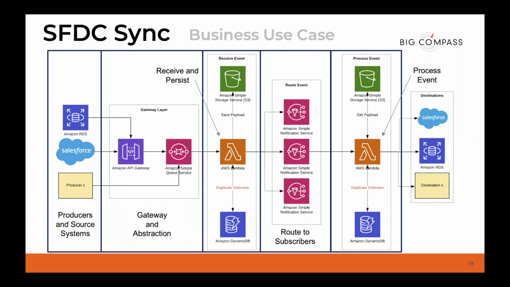And then in processing the event, the ultimate goal is to send the communication out to the target. In this case, we're looking at sending information from Salesforce to AWS RDS. And that is our target system. Similar to the producers, our target systems could be RDS, it could be Salesforce. If we want to go back from RDS and have that sync with Salesforce, we could have the bidirectional sync there, and now we need interchangeable target systems. It could also be some other destination. Maybe you want to sync Salesforce.com with MailChimp for email campaigns. It could be another target system as well.